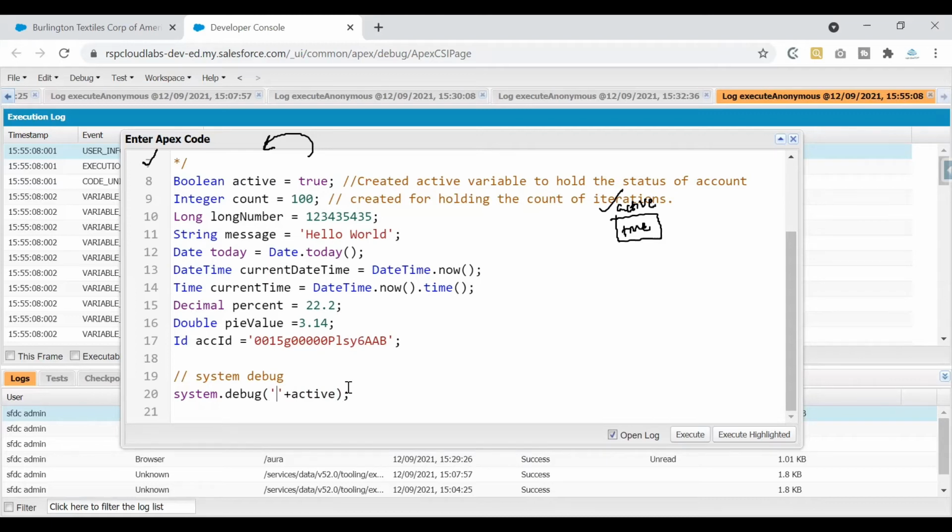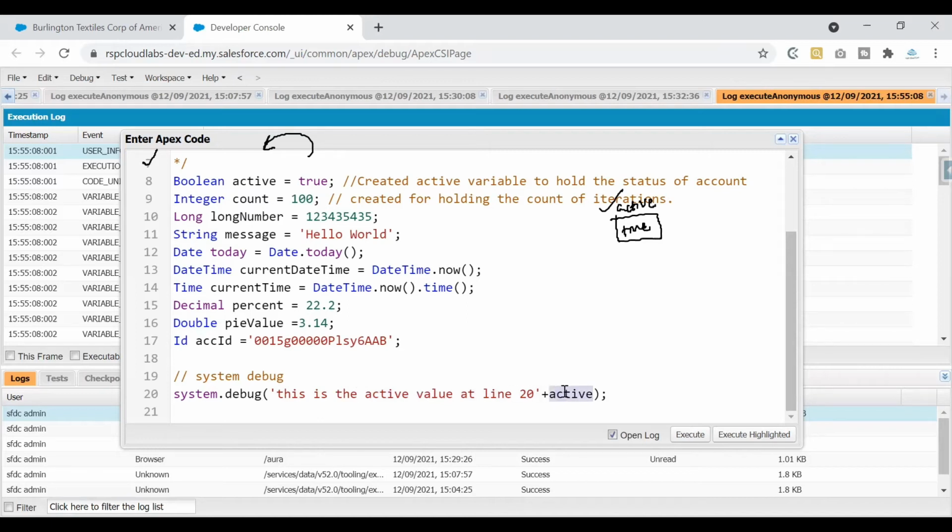I'll write it as: this is the active value at line 20. So I've written a text which helps me understand what exactly this value is.